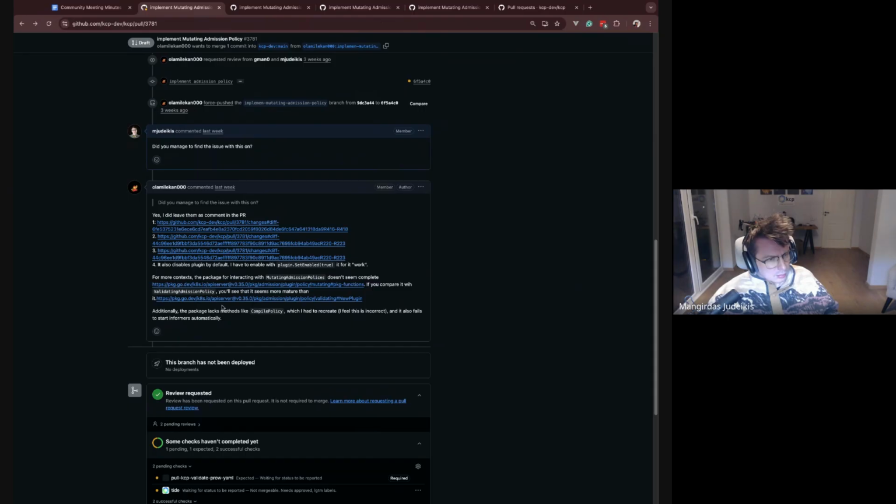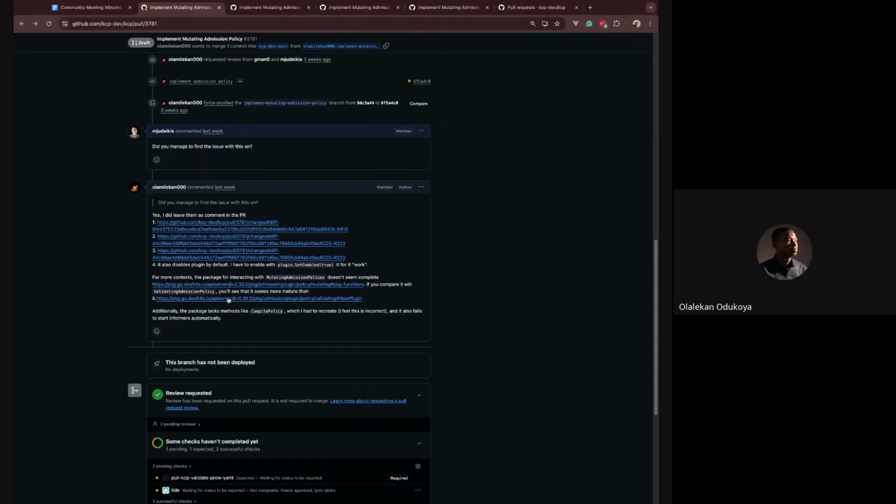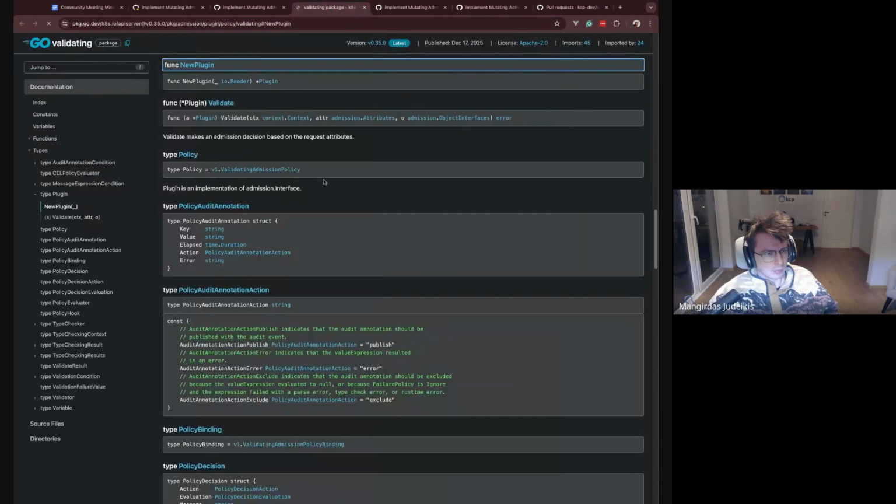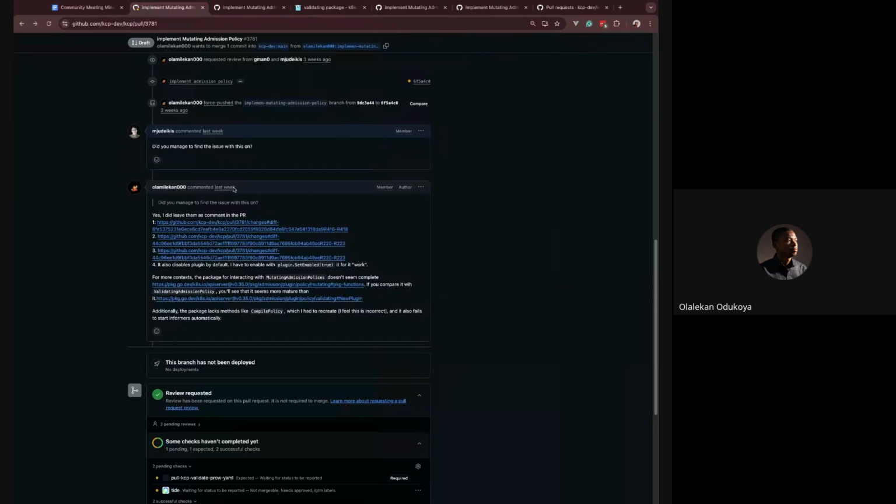Is this a problem of the current Kubernetes version or is it fixed in 1.35? Yeah, 1.35 is actually the latest release. But if you compare it with the one for VAP, VAP has more methods than map. So it feels like maybe map is still in development or something. And also there is this part where